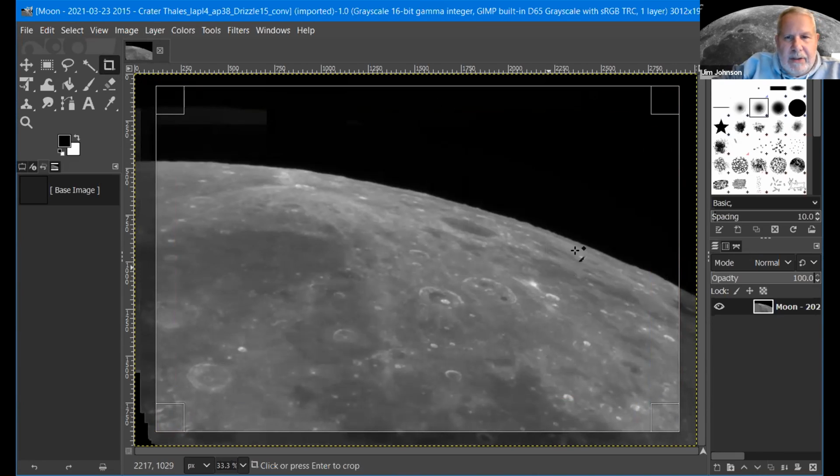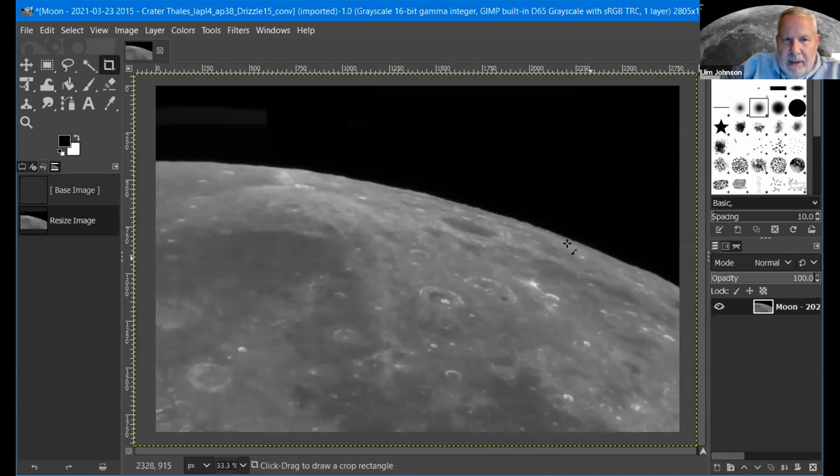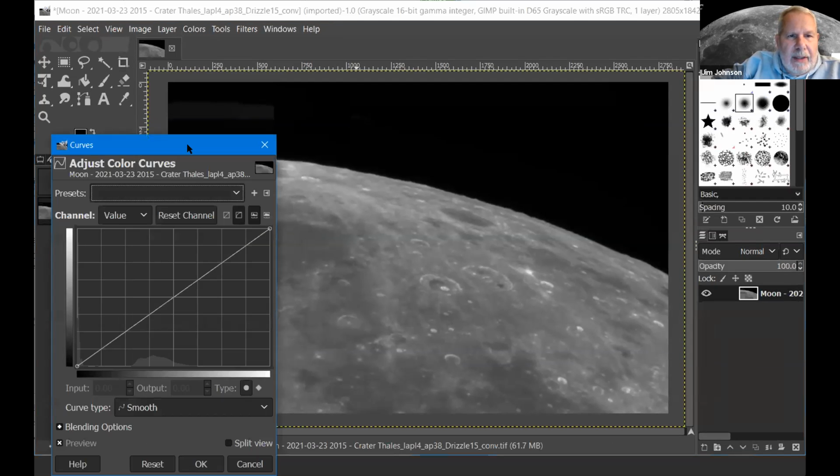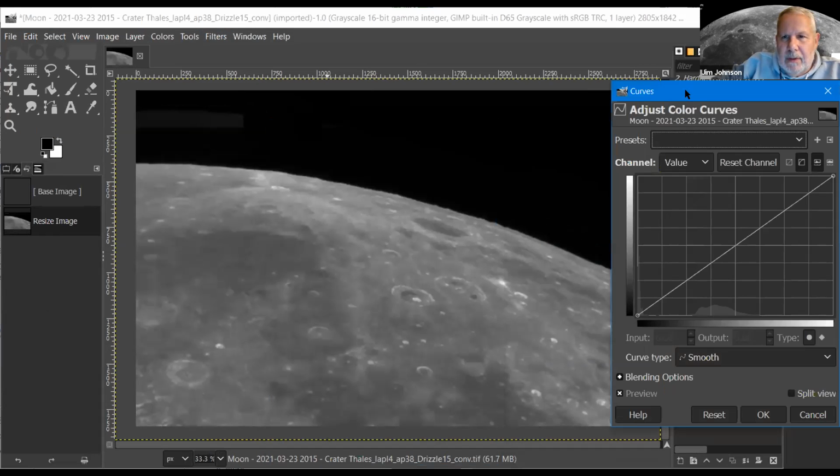Basically, I've got good clean data on the inside, and then hit return, and there's my cropped image. So to do this in GIMP, which I only used just the other day to learn how to do this because I wanted to do everything in free software, go to colors, curves.